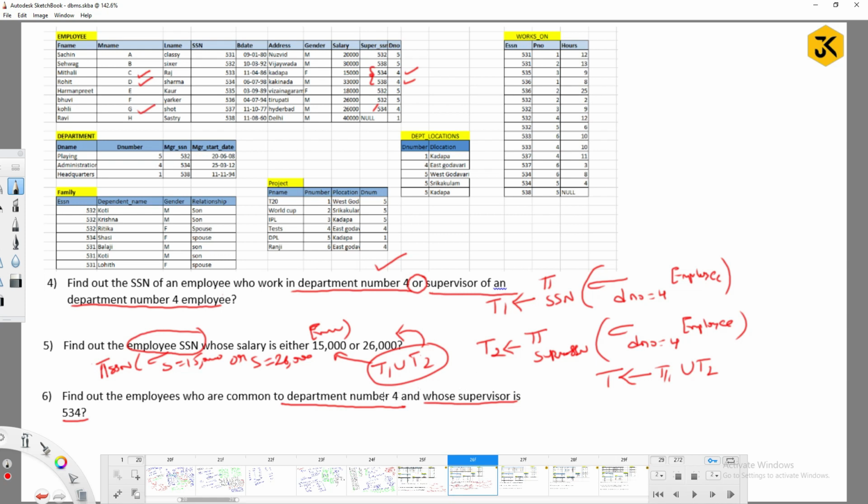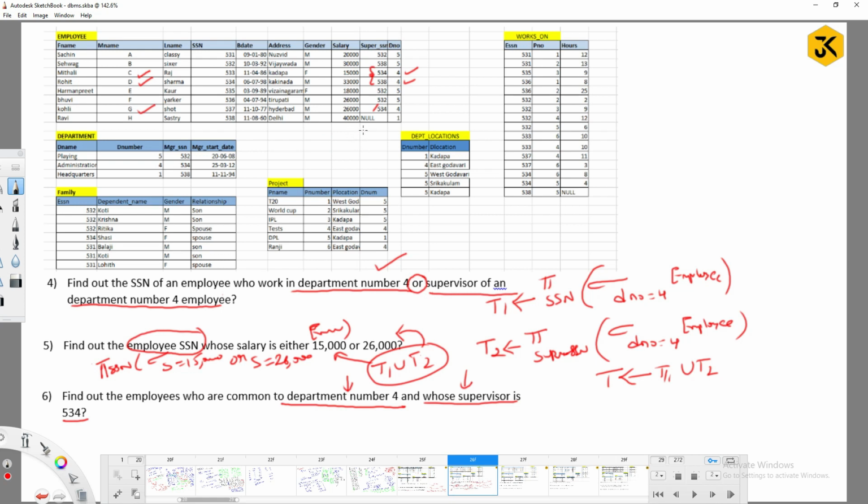Because see, when you are going to think about cross product or join or natural join or whatever it may be, when your data is between multiple tables, then you think about joins. But when they are asking about department number 4 and supervisor, both are in which table? On the same table.